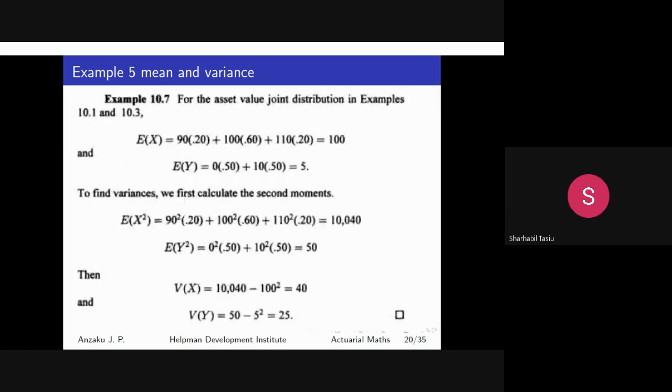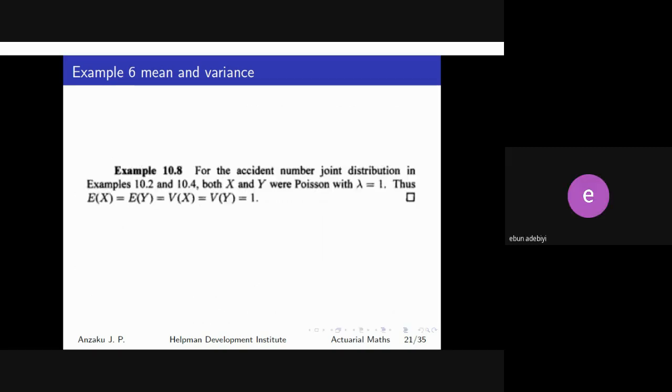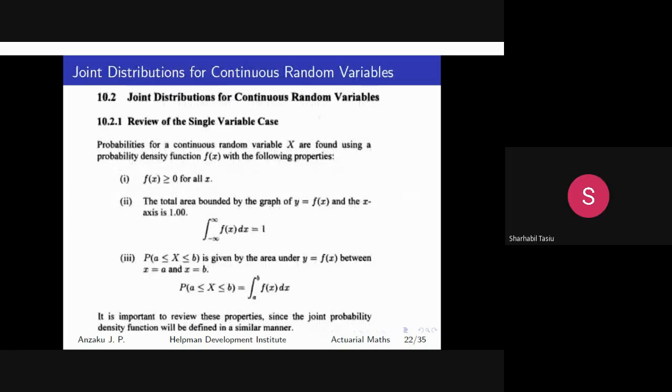For this one now is for the asset value example. Yes, the first one was the asset. That was why I was confused. I mixed it up, thinking we were treating this example, because I thought being a thousand, it should take this method. This one is for the accident example. Yes, I got it now, it's clear. I think it was an oversight. I actually saw it while preparing, but okay, let's further it.